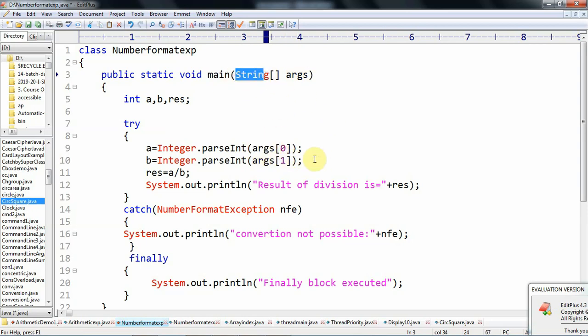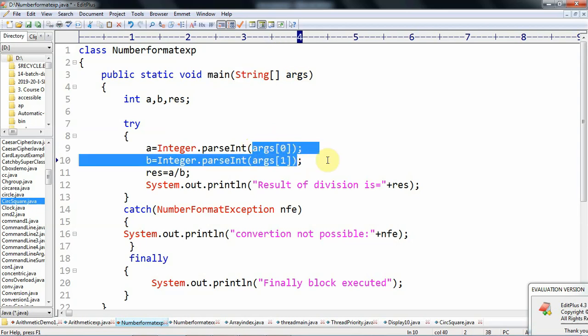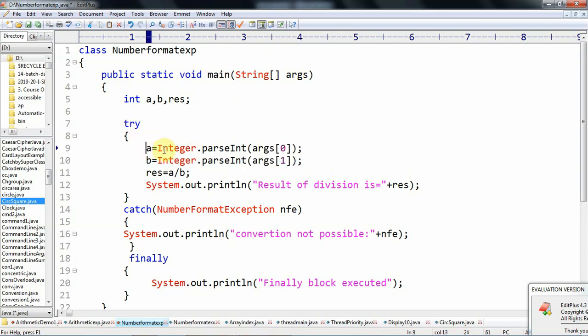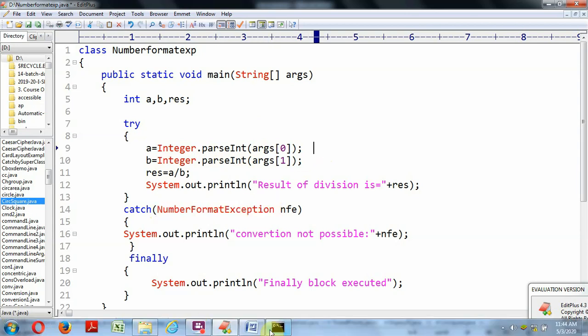That means whatever value we store into these variables is stored as string type, but we try to convert those into integer type. If the string is in number format, it is easily convertible without any exception. If it is not in number format, there is a chance of raising a NumberFormatException. We will see that with an example execution.